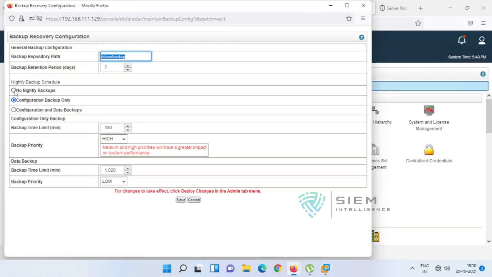And you can choose nightly backup schedule or configuration and data backup. See, there are two options. If you are taking nightly backup schedule, it will take only configuration backup. But if you are taking configuration and data backup, at any point of time, whatever time you want to give, it includes both.